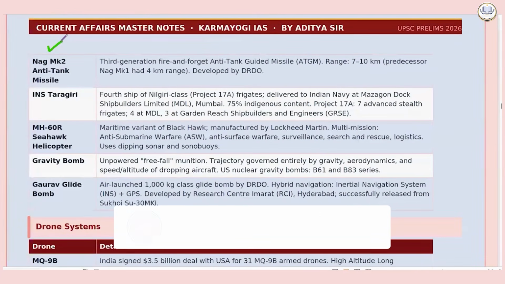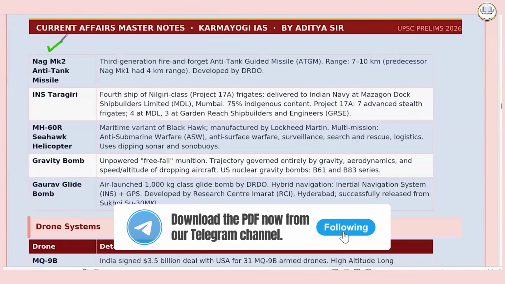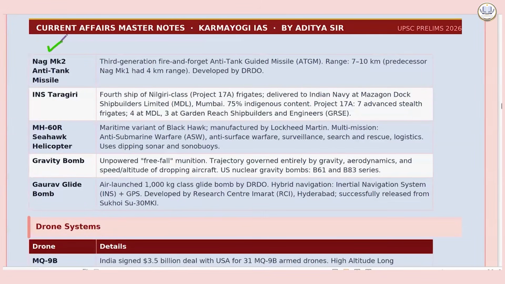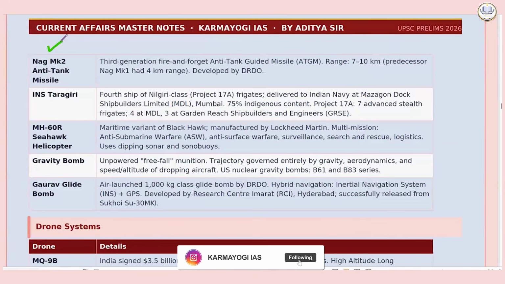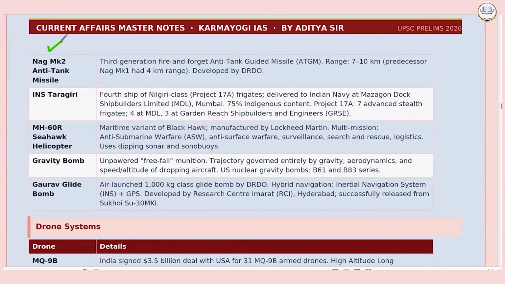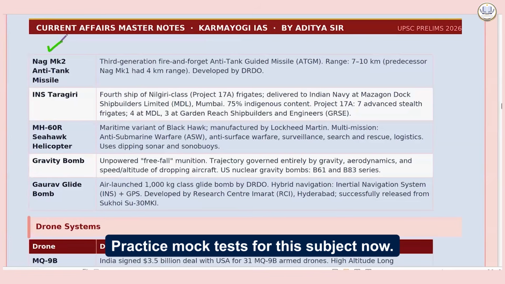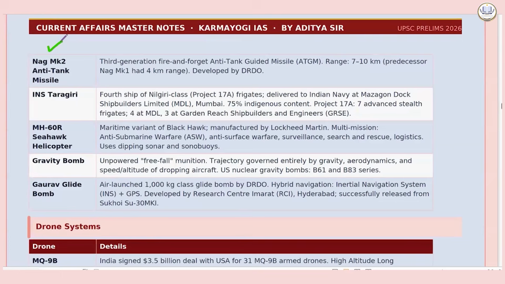We have NAG Mk2 anti-tank missile, a 3rd generation fire-and-forget anti-tank guided missile, range 7 to 10 km. Predecessor is NAG Mk1, which had 4 km range, developed by DRDO. Then we have INS Taragiri, 4th ship of the Nilgiri class frigates. What are frigates? Okay, we don't need to go that deep, but I will still tell you what